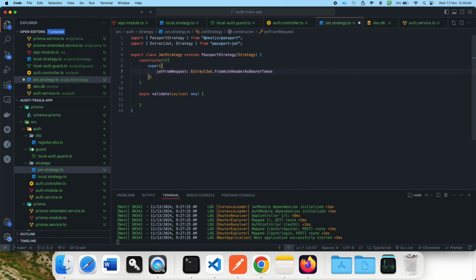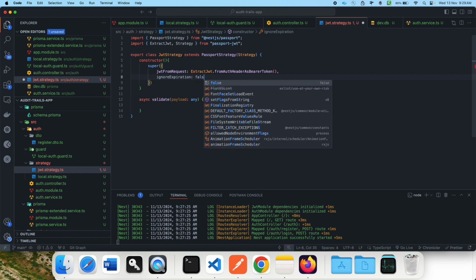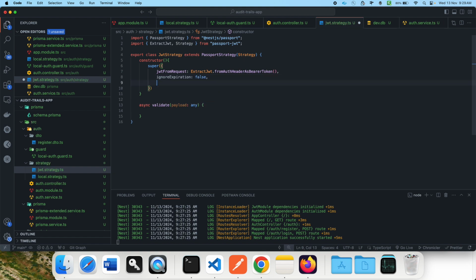Just make sure we put the parenthesis, and since it is a method it is important, otherwise it will not work and you will not be able to debug it easily. So ignore expiration: we don't want to ignore expiration, we want to keep it. And the last one is